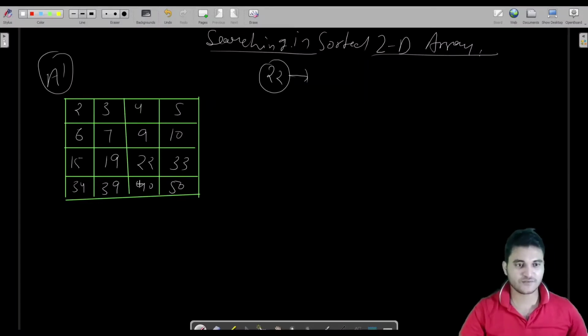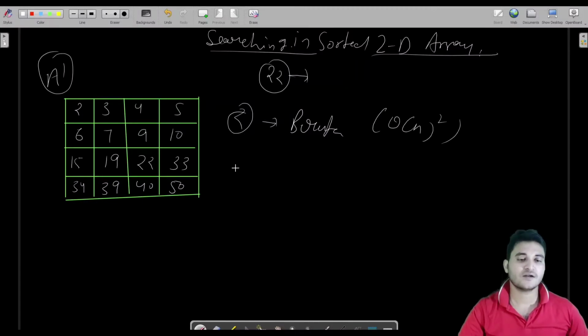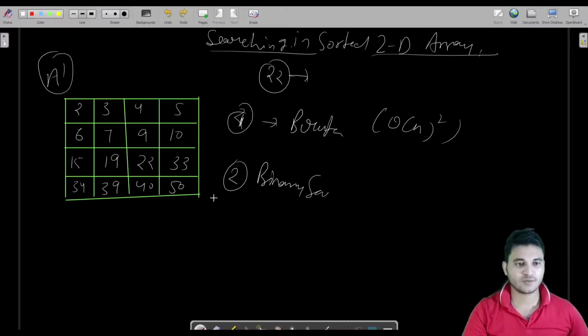So for this problem there are two solutions. One is brute force, and the complexity would be O(n square). The other solution uses binary search, and the complexity would be log of n into m.